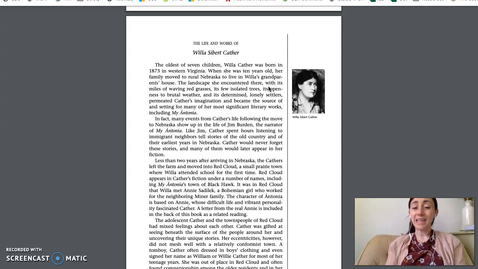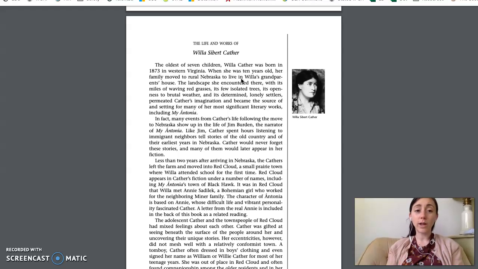And she was born in 1873 in West Virginia, but when she was 10, her family moved to Nebraska and they lived in her grandparents' house. So a couple of things. When you're reading a text, it's really important to look at the author's biography because, one, if you are the